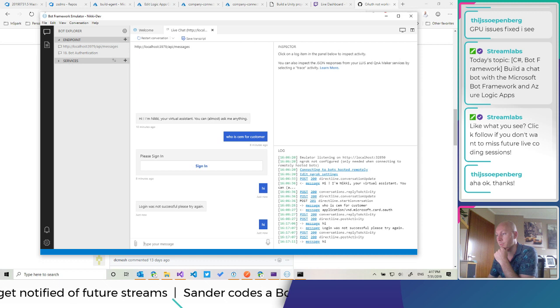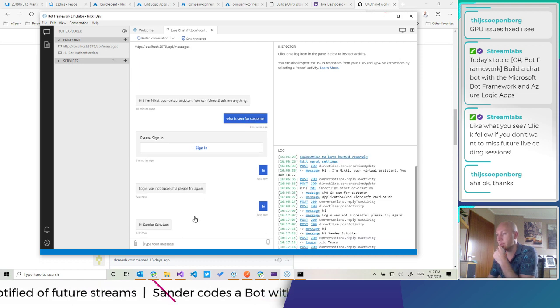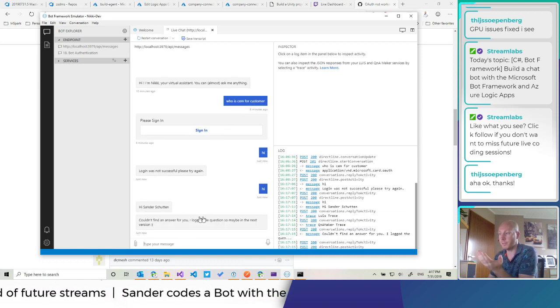Try it again, probably get a new prompt. And for some reason it is signed in. So it's a little bit wonky right now. When the sign in completes, it should trigger an event in my bot. That does not happen, but I can force it